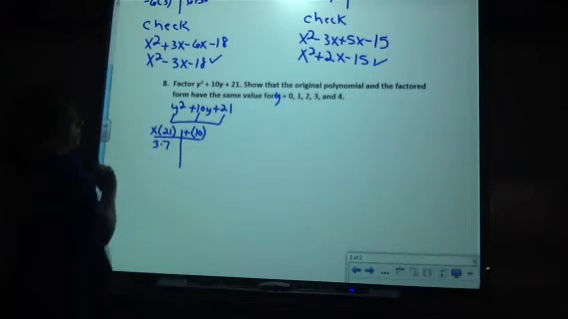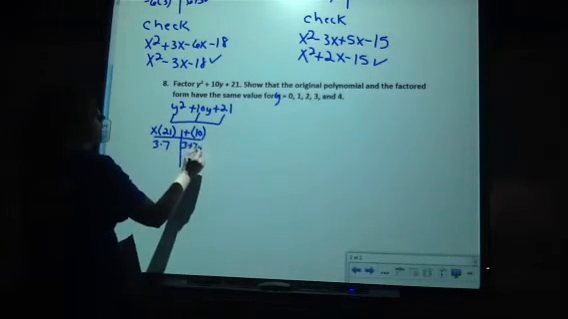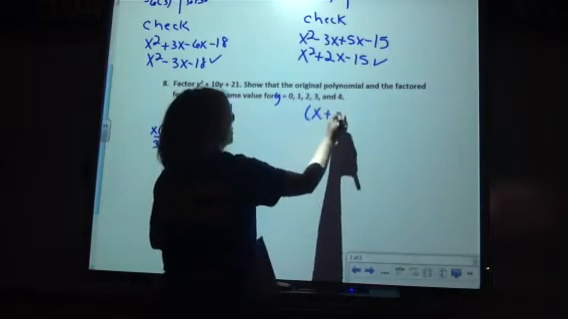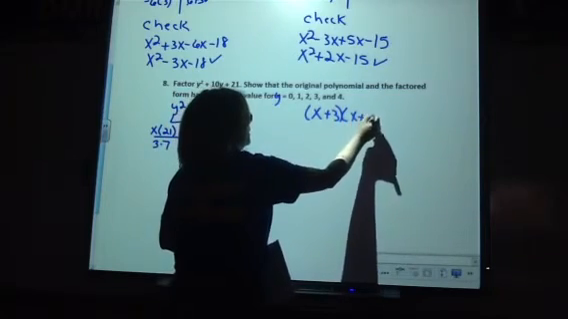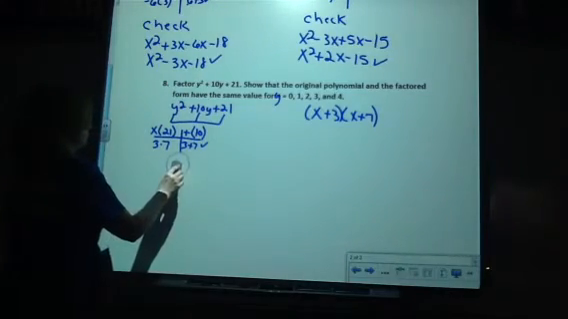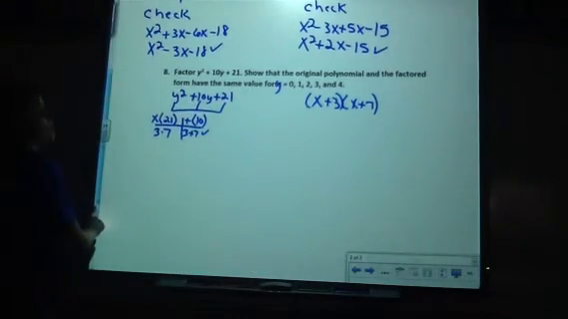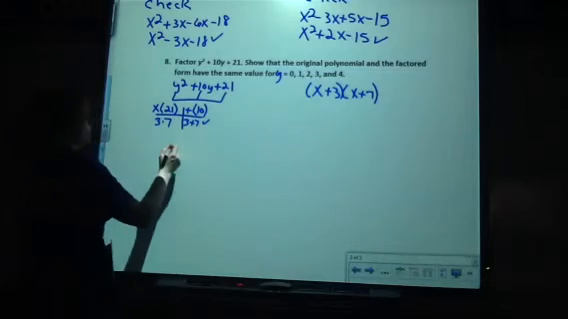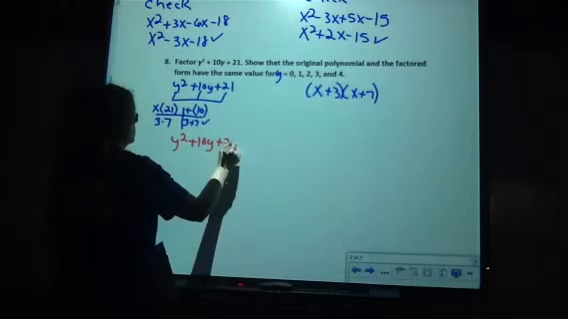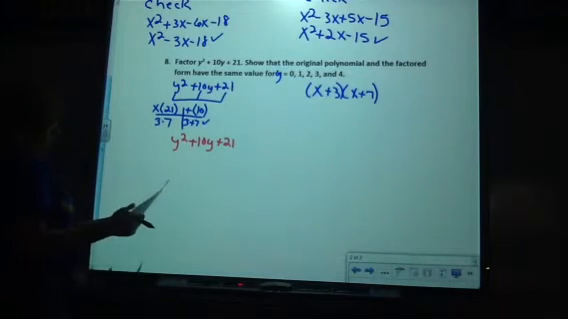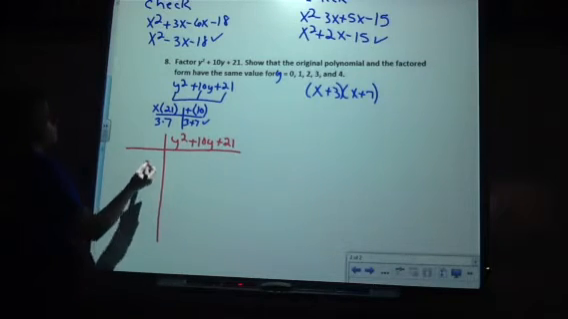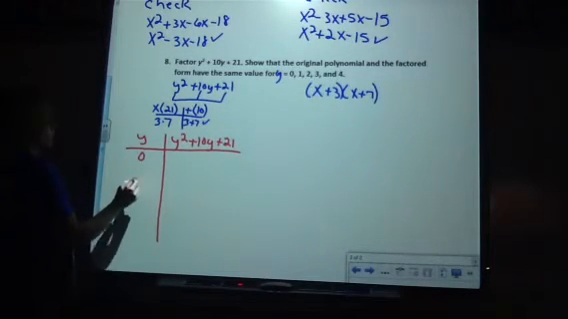3 times 7 will give me 21. 3 plus 7 will give me 10. So my factors here are y plus 3 and y plus 7. Okay, so now what we've got to do is use the trinomial. And what we're going to do here is substitute these values in for